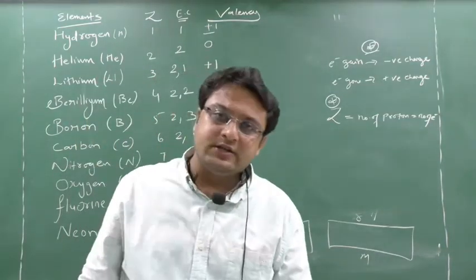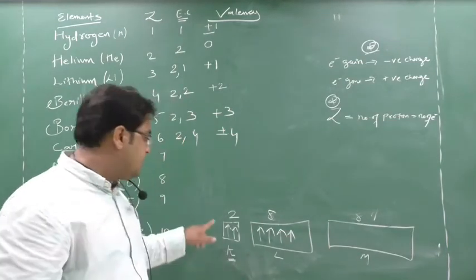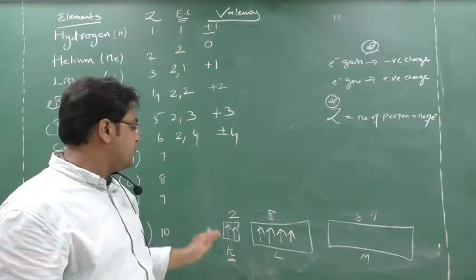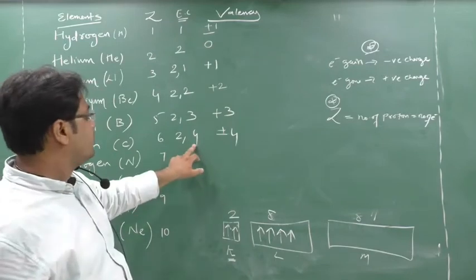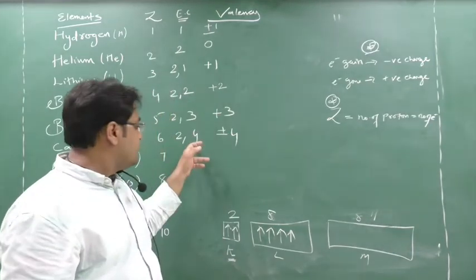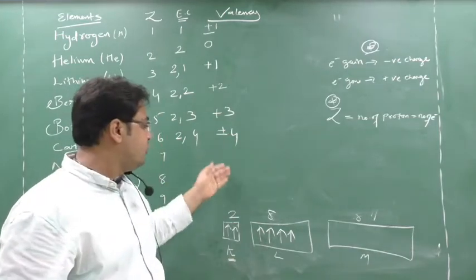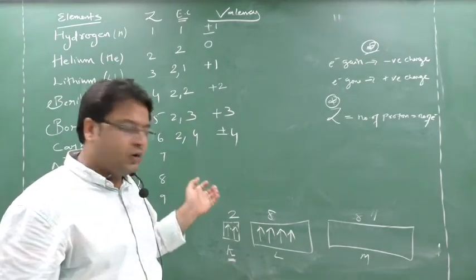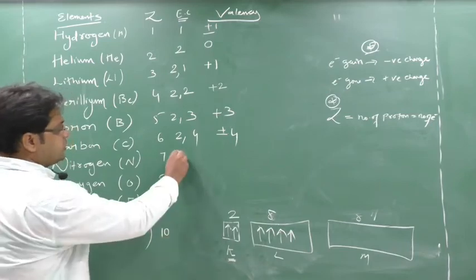Or the shortcut trick is, in any of the shells, if half number is coming, just put plus minus. See here, for hydrogen, first 1 electron was there. Here required 2. So 1 is the half of 2. So I have put here plus minus 1. In carbon, if you see, 4. So required how many electrons? 4 electrons. But in the second room require 8. So 4 is half of 8. When half number is coming, just put plus minus. So if he gains 4 electrons, so minus 4. But if it is not capable to gain 4 electrons, it will lose all the electrons and create plus 4 charge. Clear?